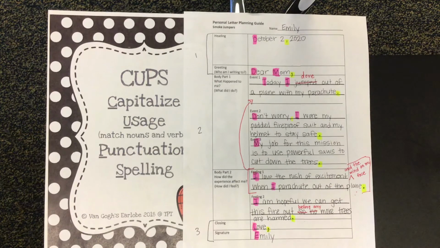For my spelling, I'm going to go through and make sure that all of my sight words are spelled correctly. And if I see something that doesn't look quite right to me, then I might want to circle that word and come back to it and ask an adult to help me fix that word, or I might want to look it up on my iPad and see how to spell it correctly. I don't have any of those in this text because I know how to spell my words at this point,